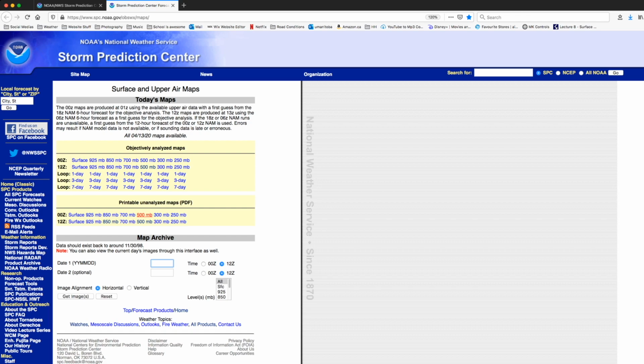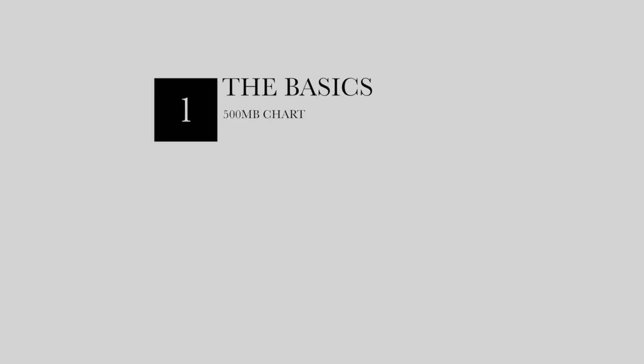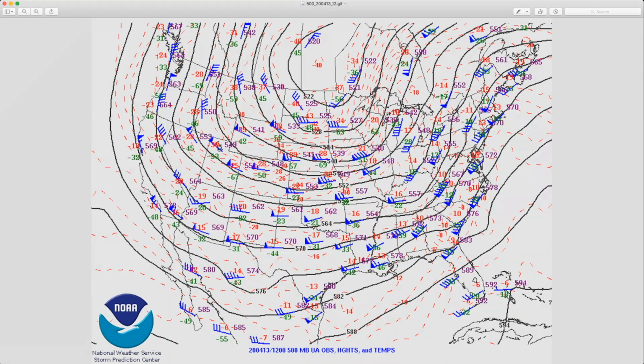Now, go ahead. Right after this, I'm going to tell you which day I'm using. So put that in your archive, pull that. It's going to be the 12Z, so the morning map, and select the 500 level, horizontal, and then get the image. It's going to be a GIF image or a JPEG, a very low quality one, but that's okay. Okay, so now you've got the poor resolution